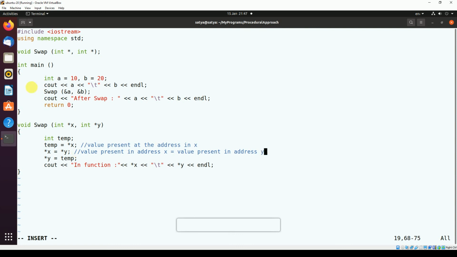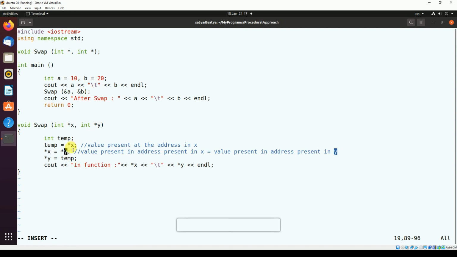So what is the value present in the address present in x? So in x, whose address is there? That is the address of a. And in y, whose address is there?